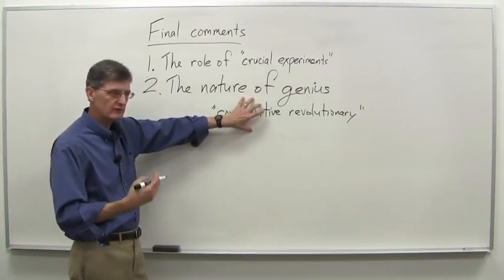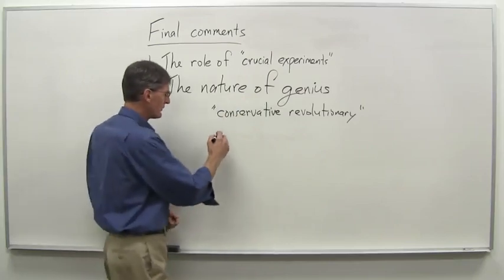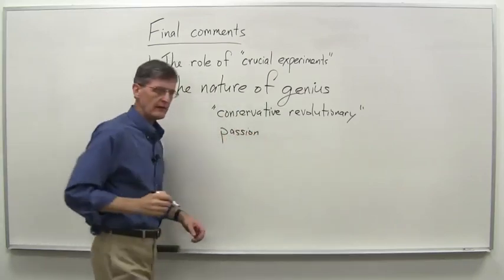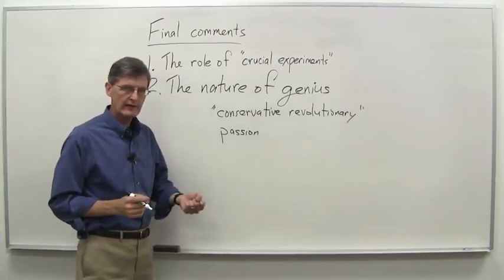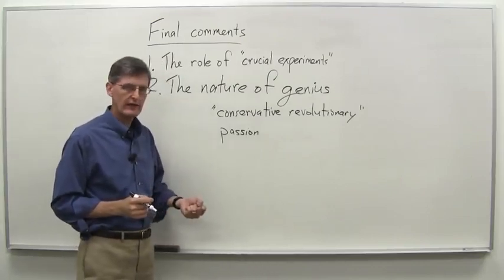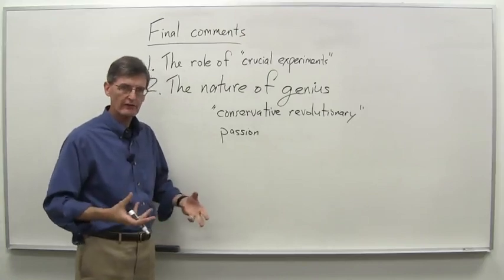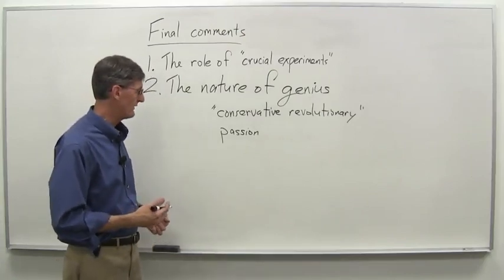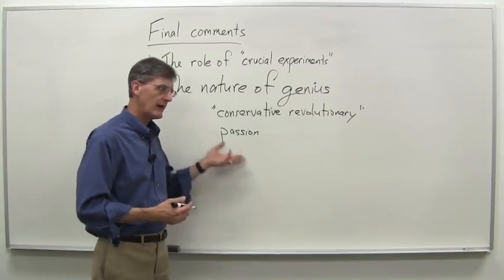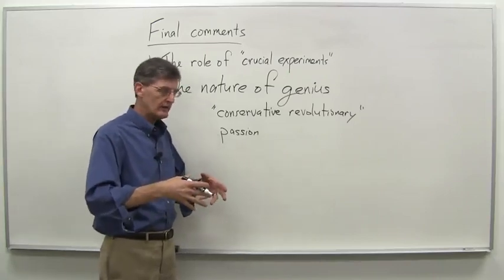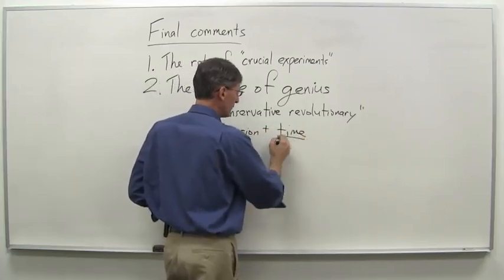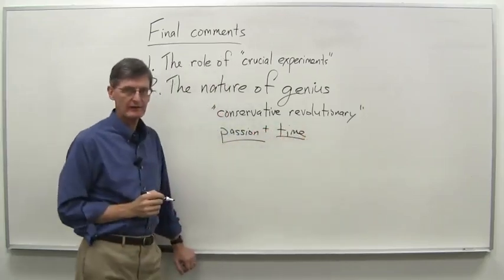So, the nature of genius is hard to pin down sometimes, but certainly some of the key traits we've mentioned: originality, creativity. But there's also a single-minded passion that is involved from an early age. You see this, and Einstein certainly had it, to again sort of think God's thoughts after him, to figure out what the world was made of and how it worked. And because he had that passion, that drive, it enabled him to, or impelled him to put in a lot of time thinking about it.